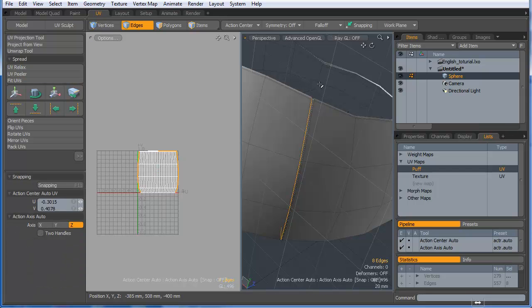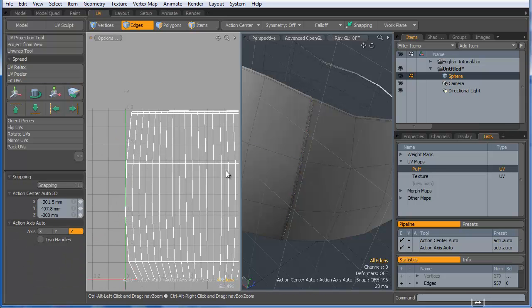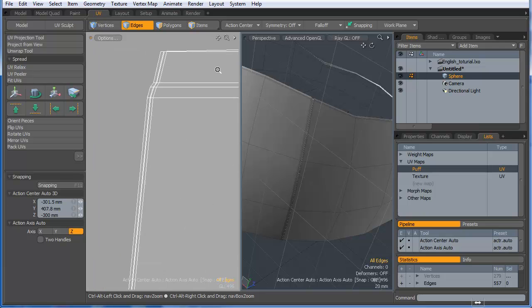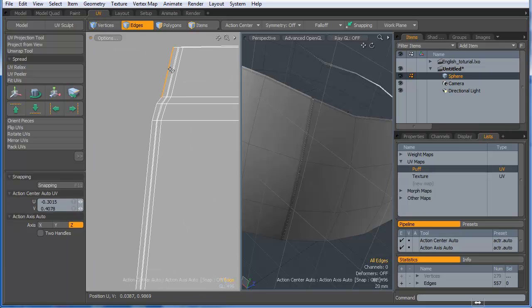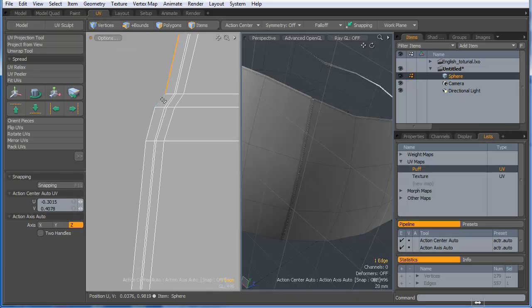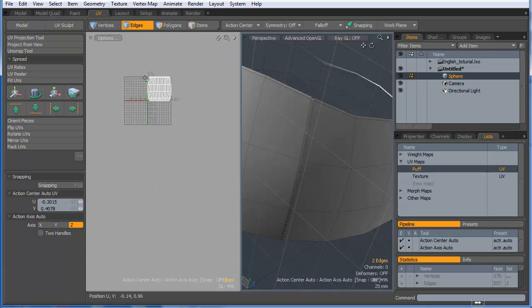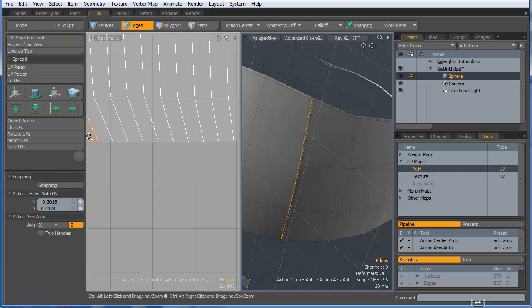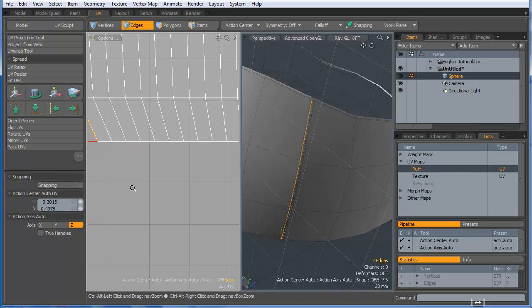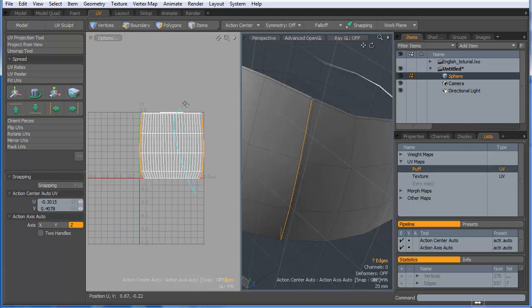Alright, and I'll press spacebar to drop my tool, and I will select this edge and this edge, and I will press up arrow until I hit down there,